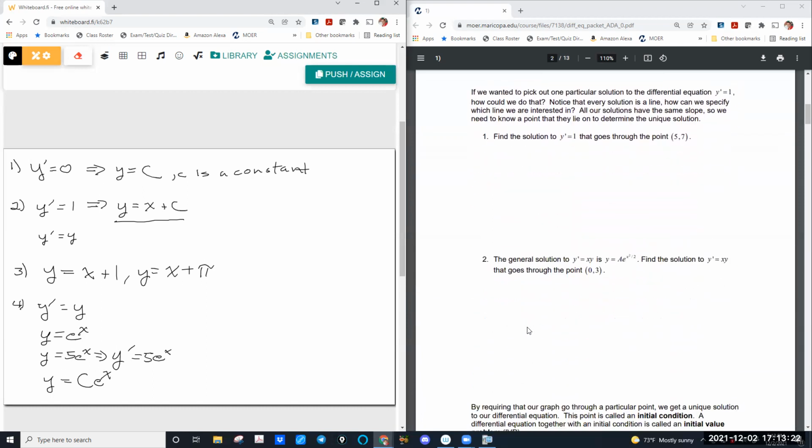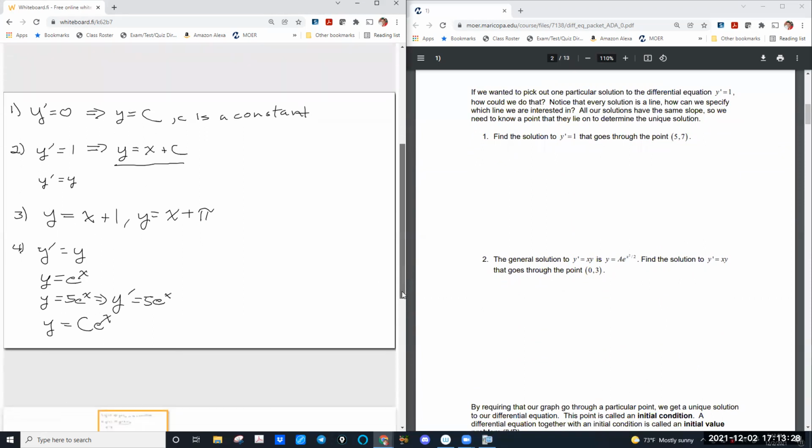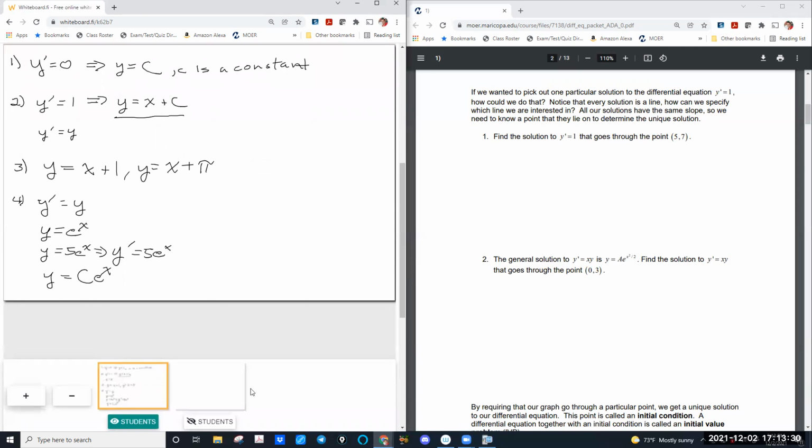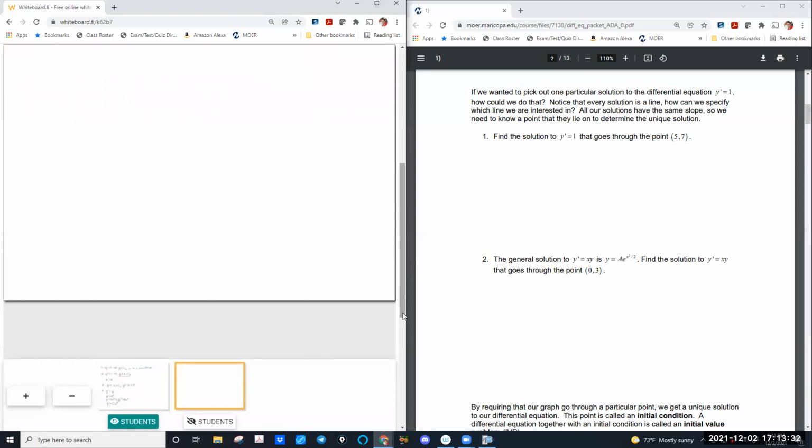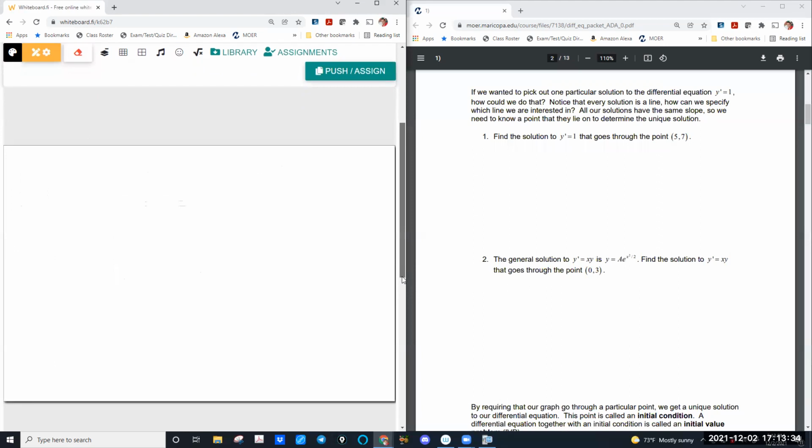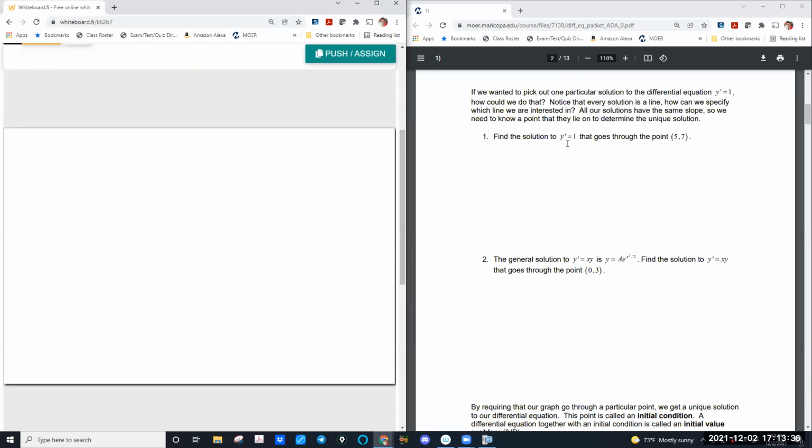So now we're on to the second page. And now we're going to talk about finding a unique solution. Again, this is something you have done before. What happens here is we have a differential equation plus what's called an initial condition. These, in differential equations, get called initial value problems. So what you would do with something like this